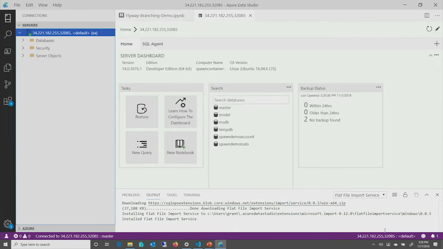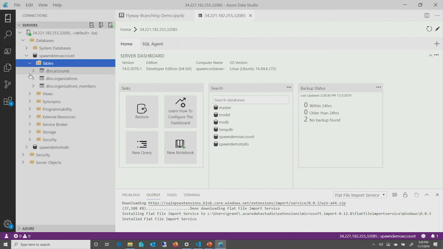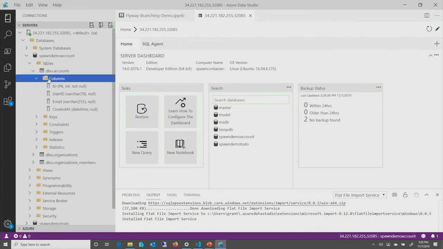Azure Data Studio thinks I have an instance of SQL Server, and it also thinks I have tables with columns and all the rest of that stuff. It is a fully queryable, readable, writable database, all created. Granted, it's a little slow. It's the internet here. 90 seconds, give or take.